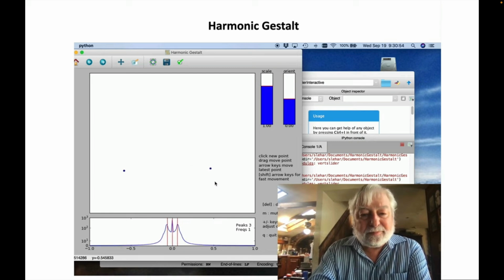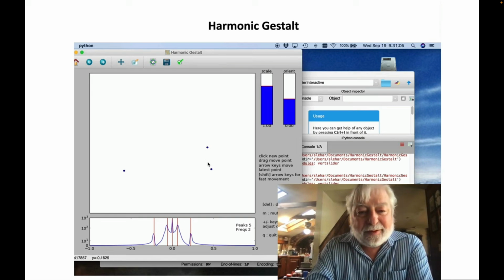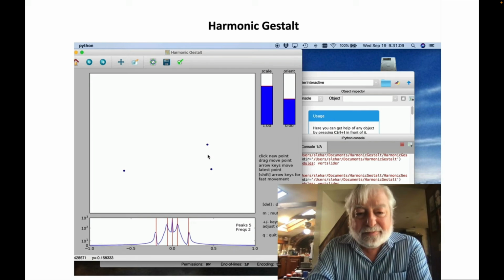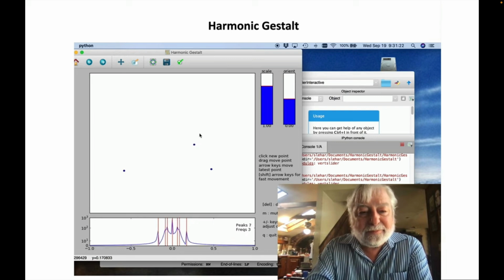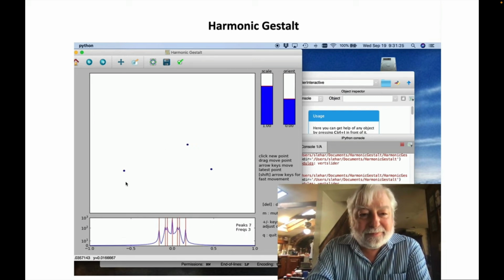Now, if I add another point, let's say over here, the distance between these 2 dots and those 2 dots is about the same. But now we've got a new frequency over here. Very faint. Due to the proximity of these 2 points, we can see that over here on the Fourier transform as the peak out here. And if we move this point slowly to the left, this distance increases as this one reduces and this one